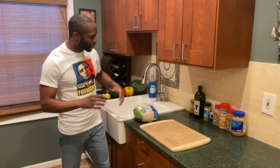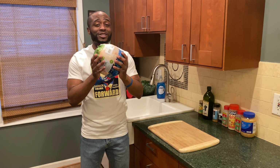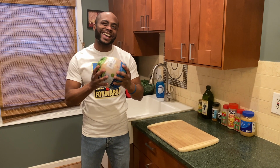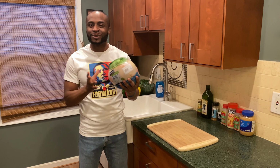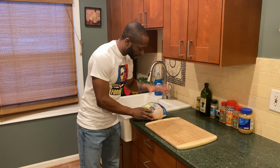So today we are going to be smoking some chicken. But not just smoking some chicken. We're going to do this beer can chicken style. If you don't know about it, you're about to see what we're going to do. Not only are we going to be smoking some chicken beer can chicken style, we're also going to be grilling